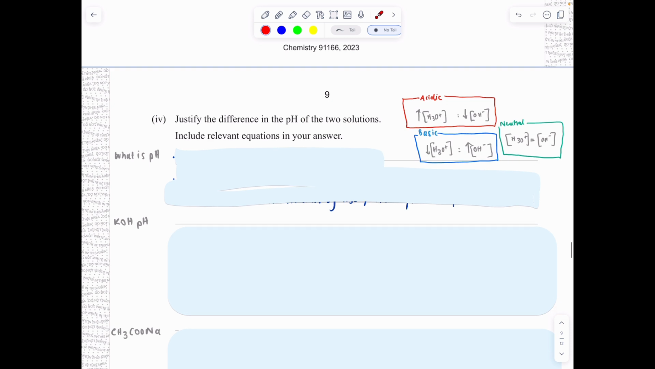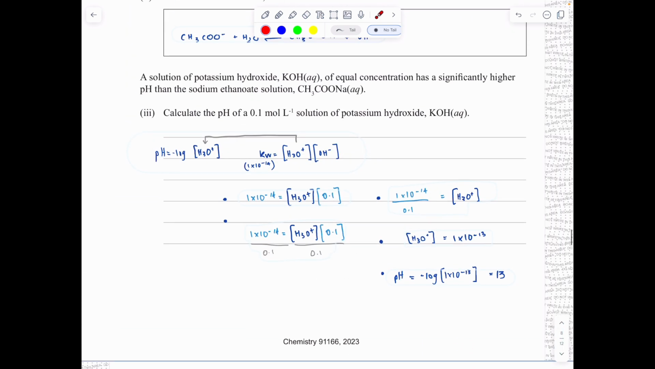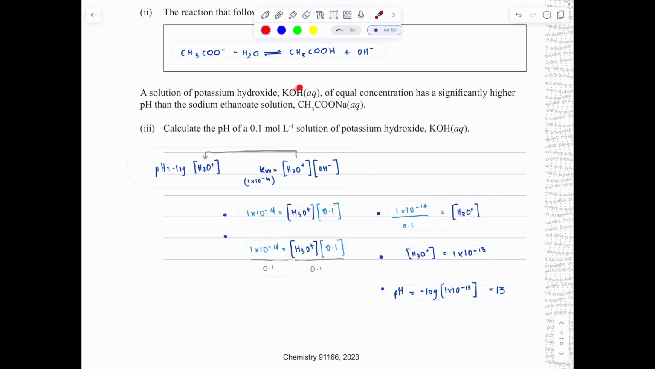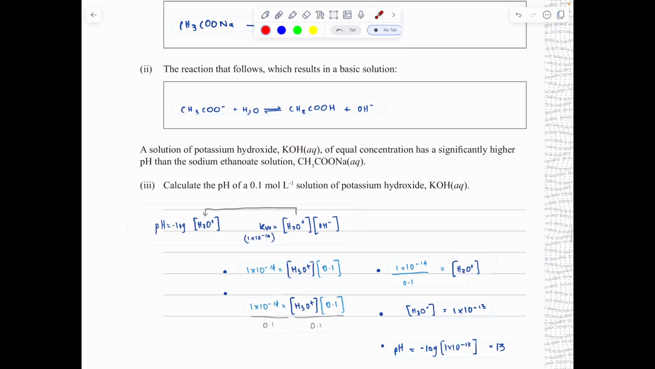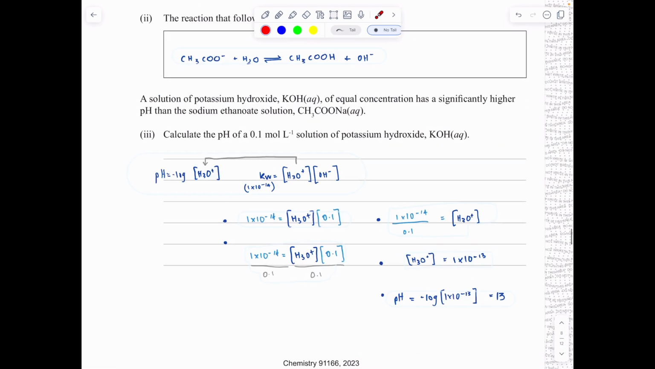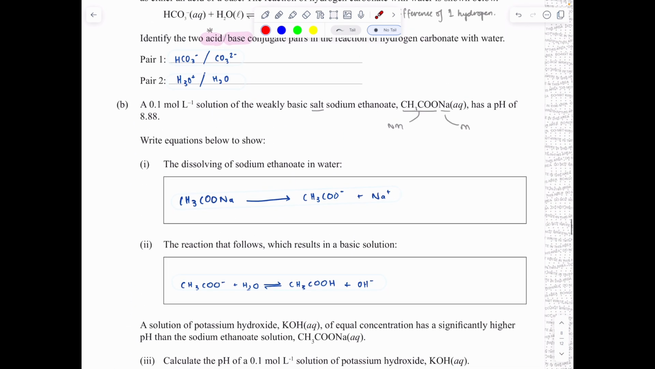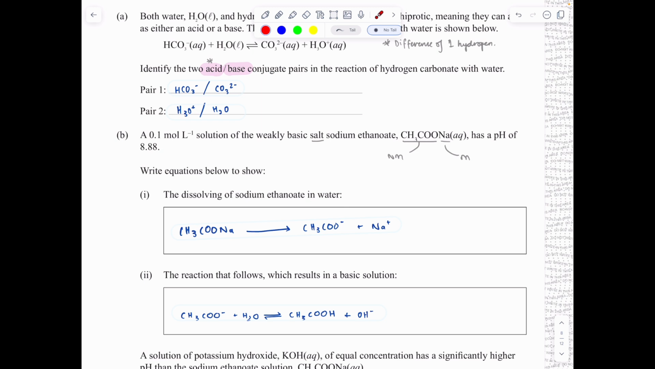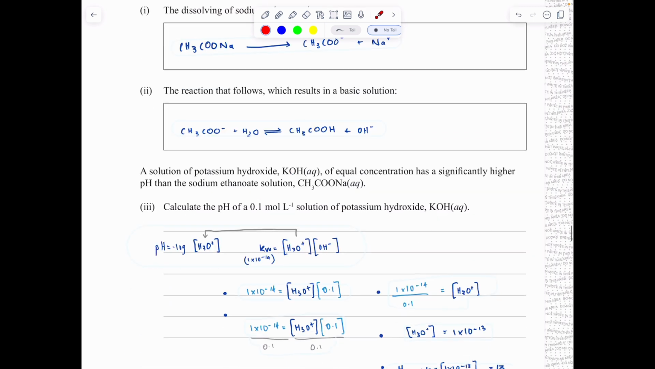Okay, next question. Justify the difference in pH of the two solutions. What are the two solutions again that we're dealing with? Well, we've got KOH and we've got sodium ethanoate. Both of these are basic. KOH is very basic, as we've calculated here. Sodium ethanoate, what does the question tell us? Well, it says that sodium ethanoate is weakly basic, and it has a pH of 8.8. So keeping in mind these two pH values,